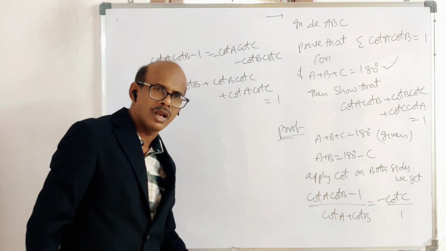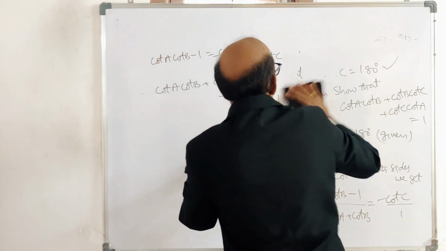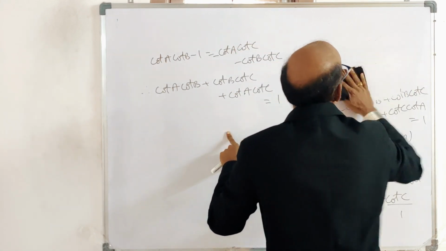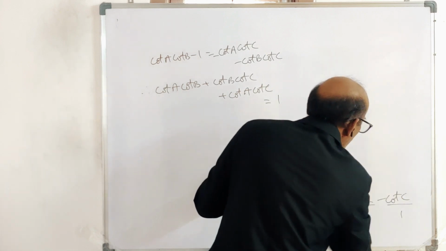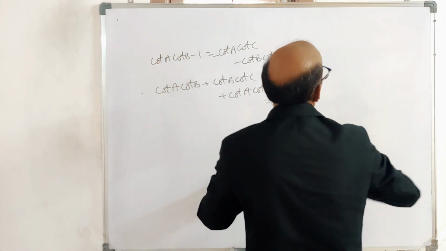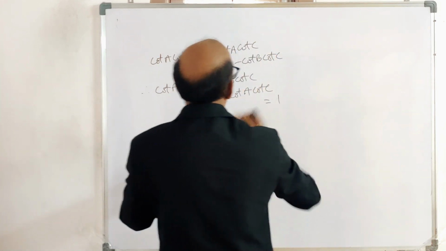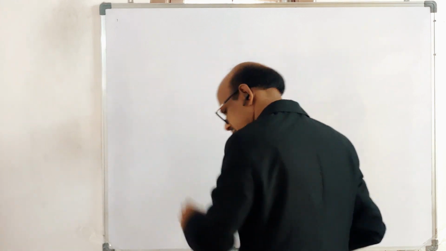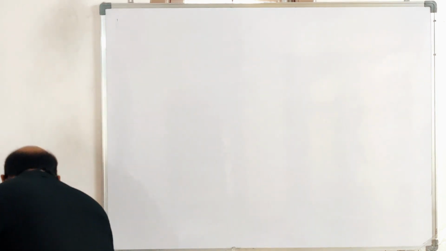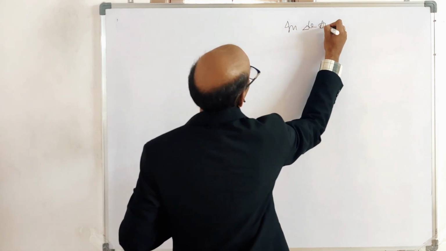An important conditional identity in a triangle. So that's why our discussion today is linked with conditional identities in a triangle. One more example based on conditional identity in a triangle I am now going to give. So your focus and concentration are required in taking the question. Right, my dear student, please note down. In triangle ABC,